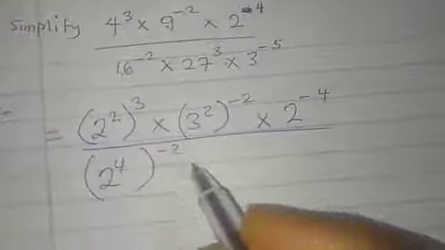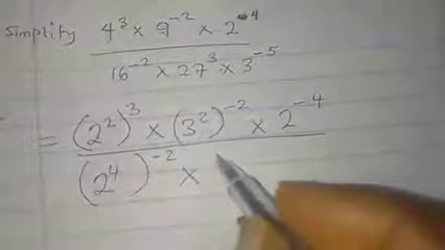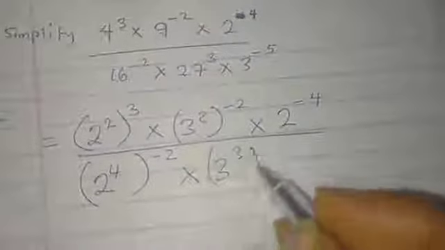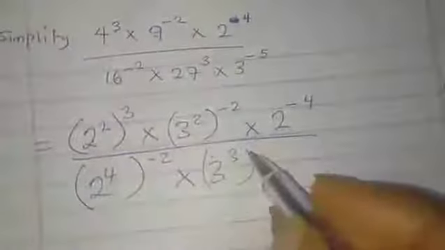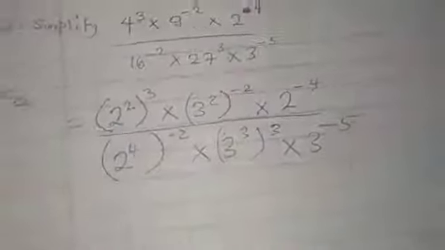So we have given the index of 16 another time, it is 2 raised to power 4. We need to memorize it. Then this is for 16. The power on it is minus 2. Then times 27, which is 3 raised to power 3. There's another number there, which is 3. Then times 3 raised to power minus 5. So from this place,